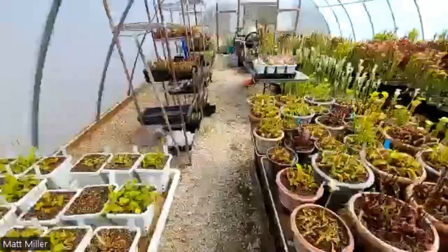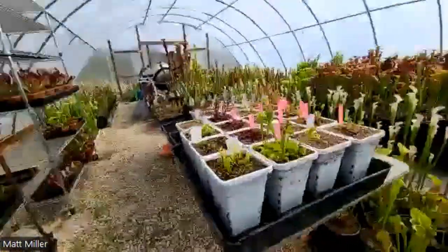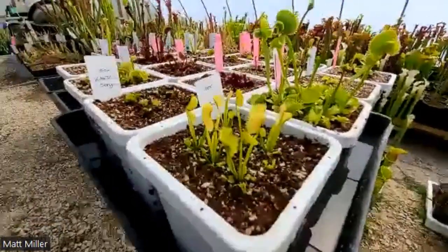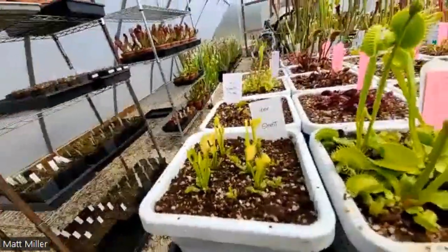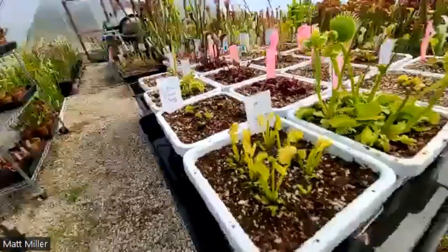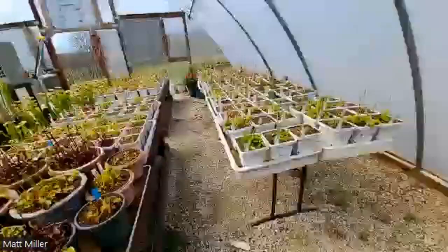And then you asked about Ghost. So yeah, Ghost just looks like a sickly flytrap, really. Yellow traps. Let me see if I can find the Aurora Borealis after I show this one. I just got these from DeFlora also, maybe a month or two ago, and let's see if I can find the